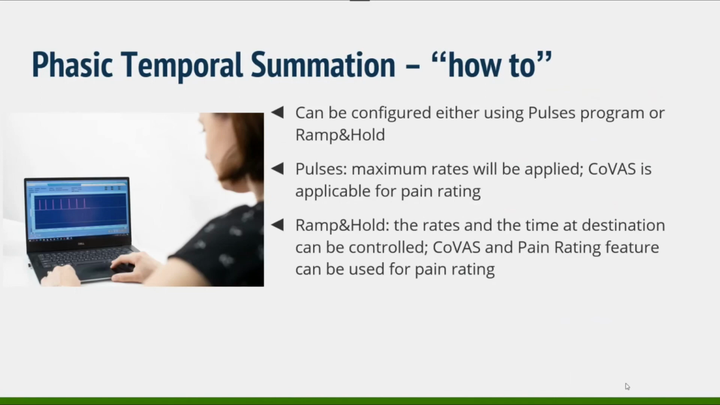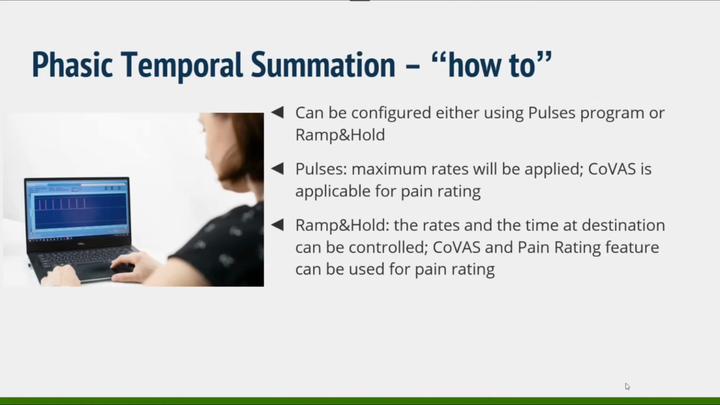phasic temporal summation protocol either using pulses or using ramp and hold. You remember we mentioned the differences between them. In pulses, you control the destination, the baseline, and the software just uses the maximum rates and zero duration for each pulse. In ramp and hold, you can control the rate. So if for some reason you don't want it to be 70 degrees, but you want it to be 50 degrees, you can control it. And you can also control